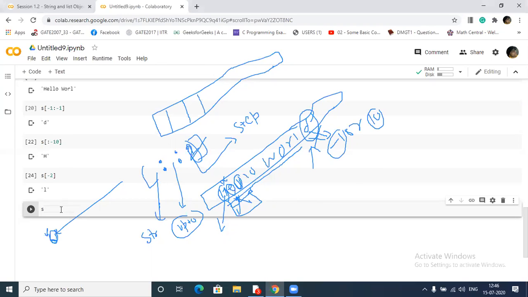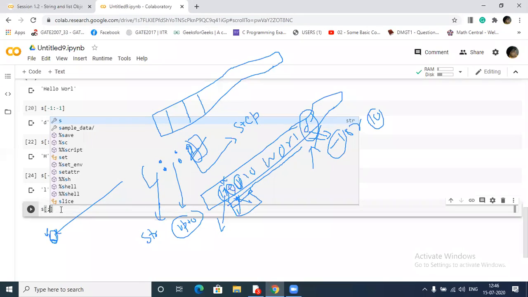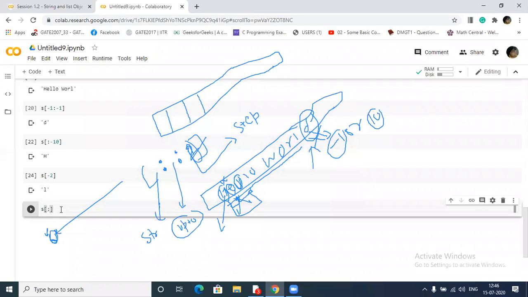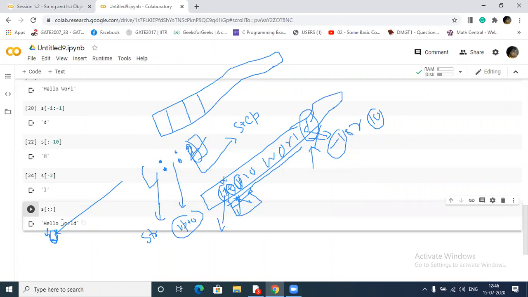So s colon and double colon. If in the starting I'm not doing anything, it starts from the starting point and goes till the end, and the default step is, as already told, one. So it will print like this.